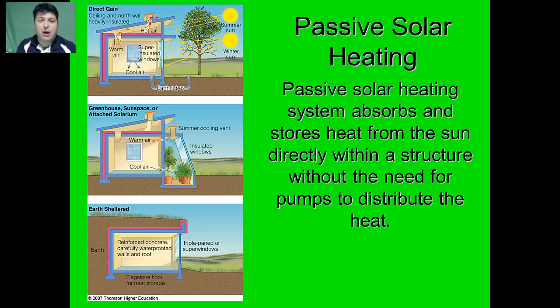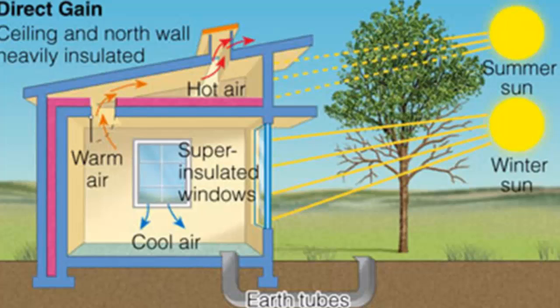By orienting our buildings on their site, we can make better use of the summer and winter sun. One way that we can do that is by having a heavily insulated ceiling and north-facing wall. When the winter sun hangs low, we can maximize that heat to keep our homes warm in the winter. But as it is higher in the summer, that super insulation is going to keep that hot air